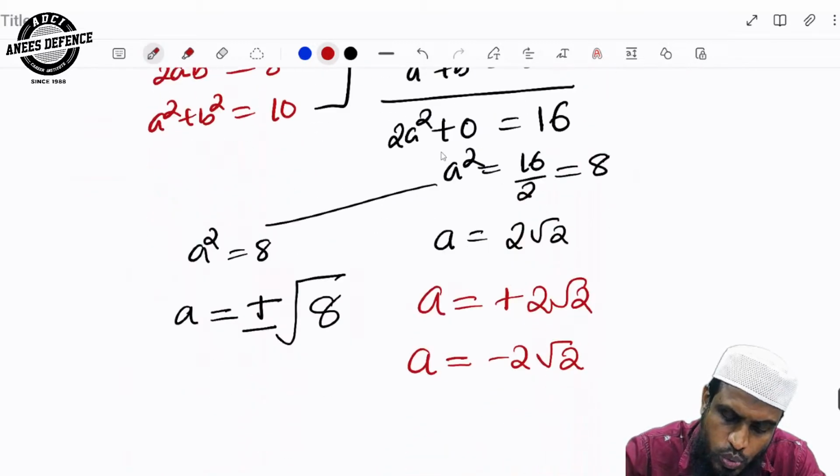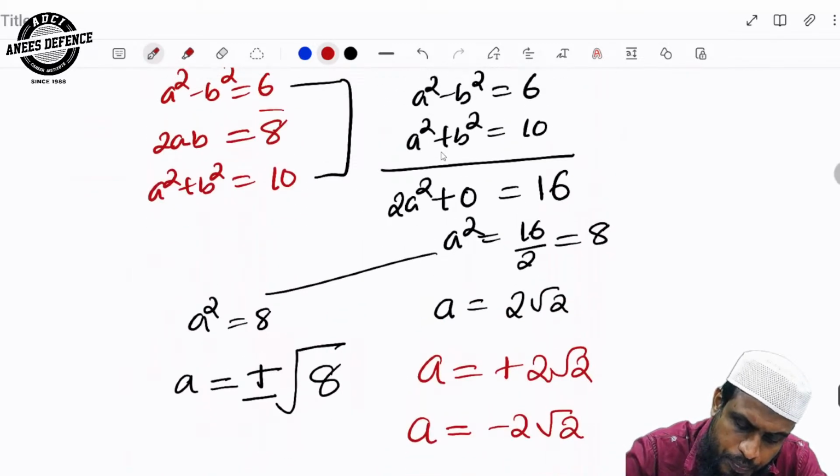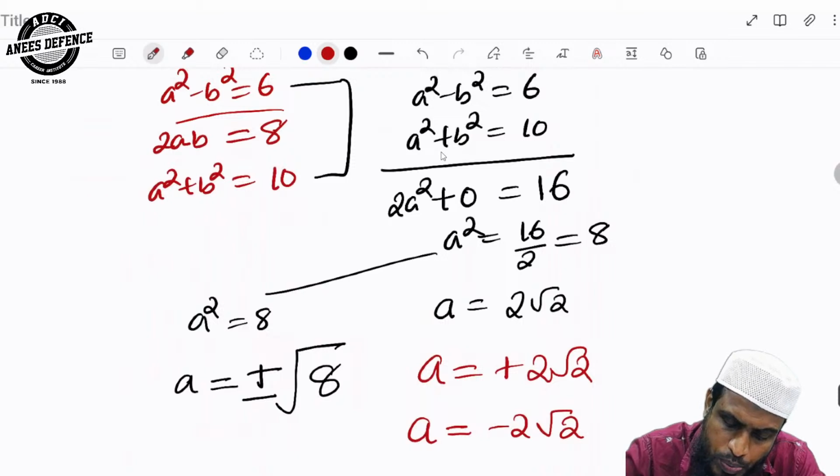Then another result is 2ab equal to 8. You have to put in that 2ab equal to 8. So if a is equal to 2 root 2, then b can be written as 8